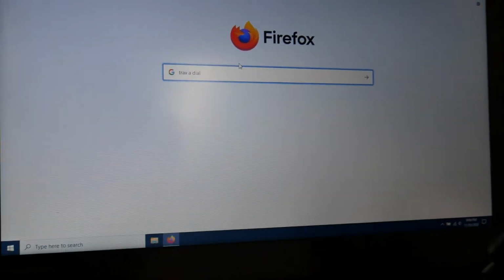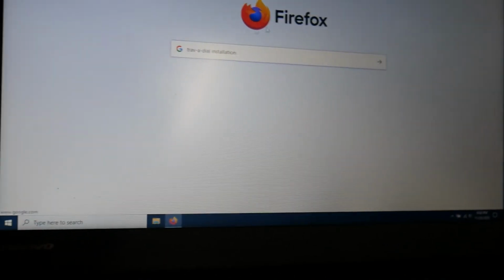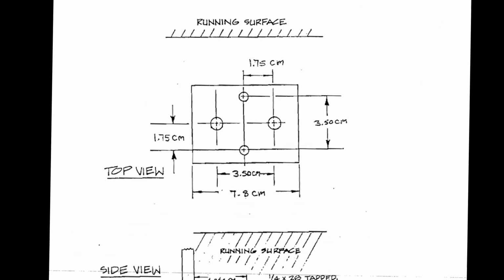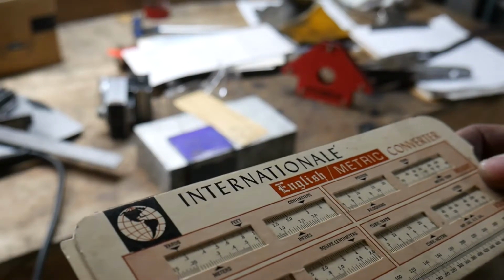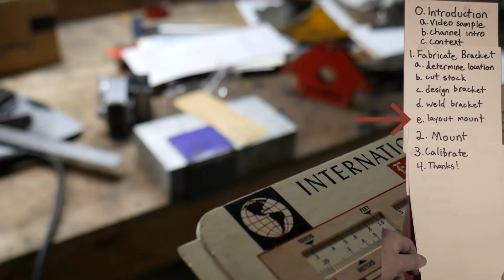I for sure definitely know everything. You know how I know everything? I know how to look it up. Three and a half centimeters. Why isn't